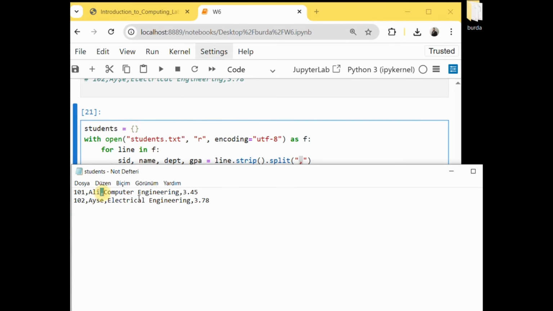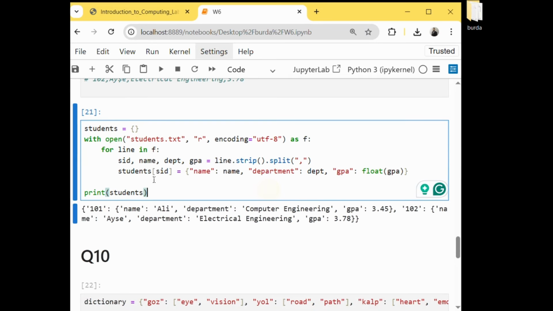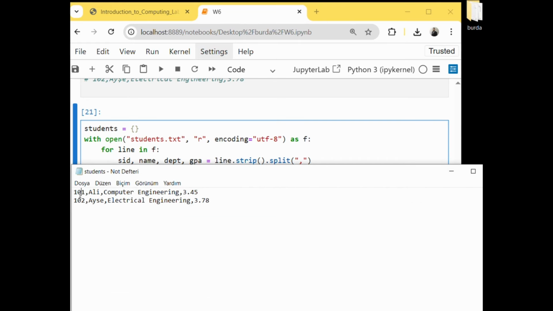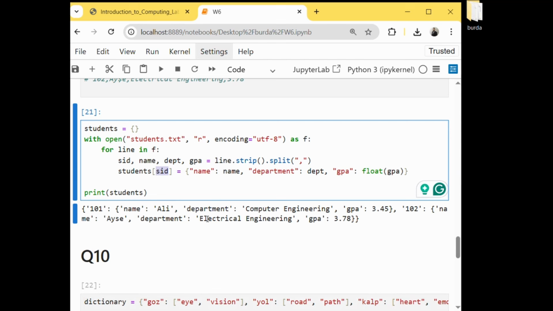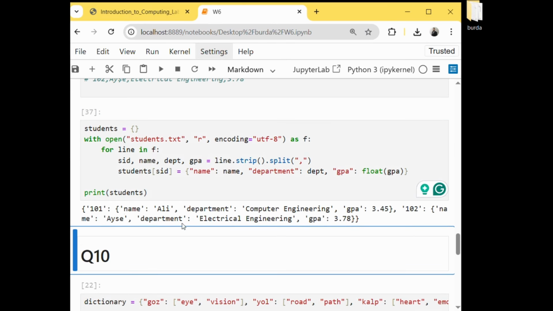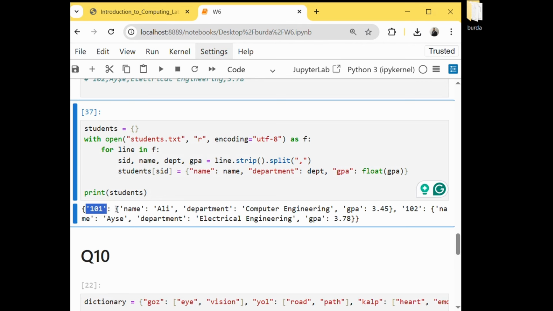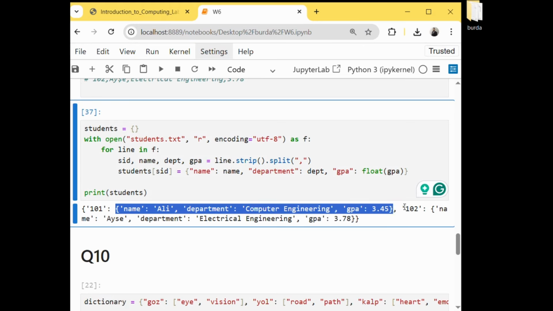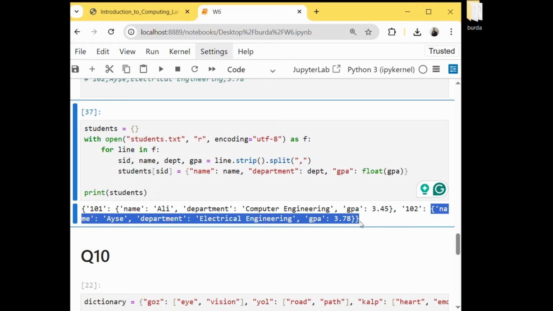Here it is separated by using commas, these lines' words. And I will use as keys my students' IDs, student numbers 101 and 102. Then I will assign all values inside of these keys, and if I run it, as you can see, key 1 here and all values together here, key 2 here and all values together here. So I managed to read my text file